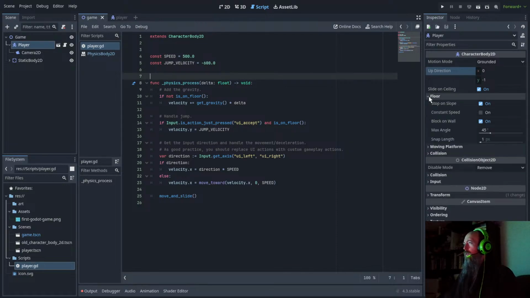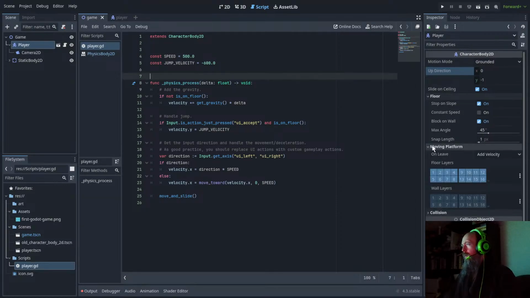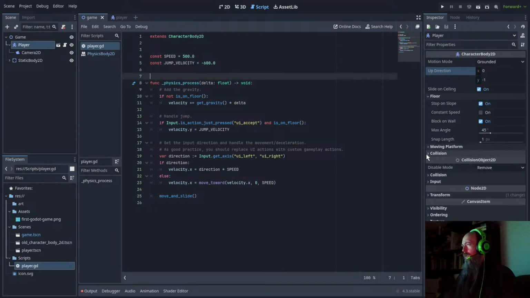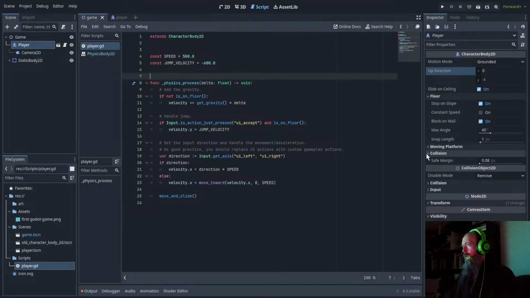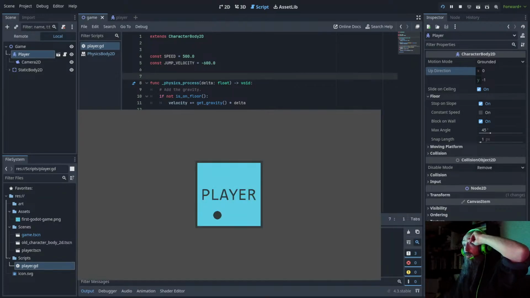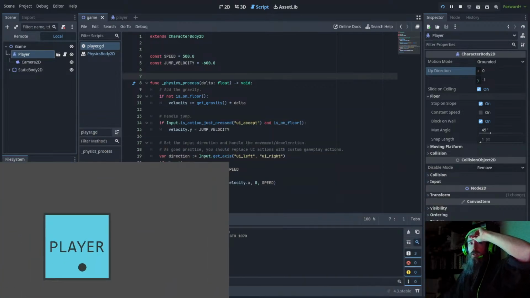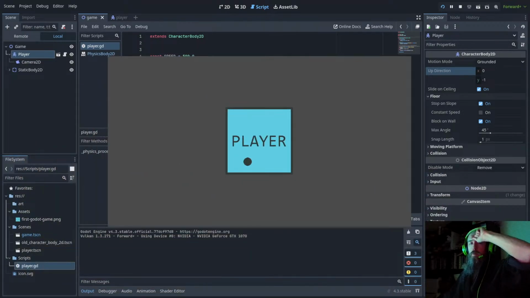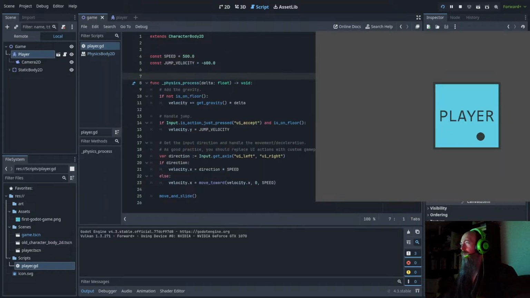And yeah, we've got some interesting things here. Stop on slope, constant speed, moving platforms. Cool, there's all these things here. And what that's ultimately doing, looks like we're doing, so in addition here to, oh, that doesn't move when I move that. Yeah, I'll just pop that there. So yeah, I can,